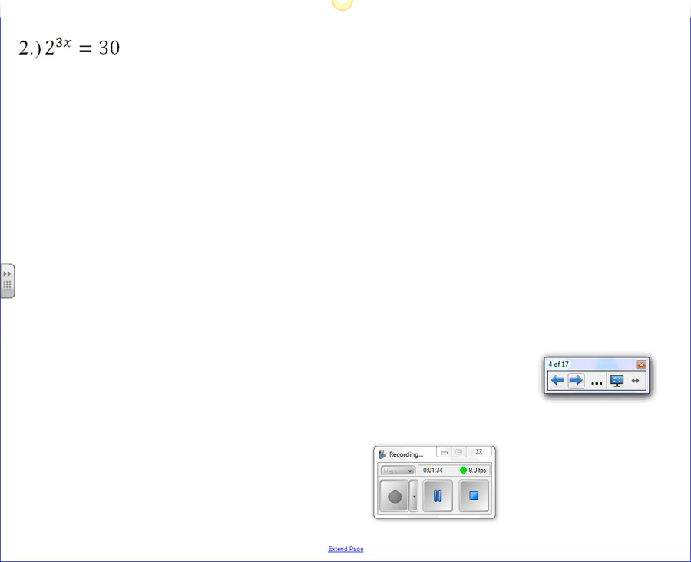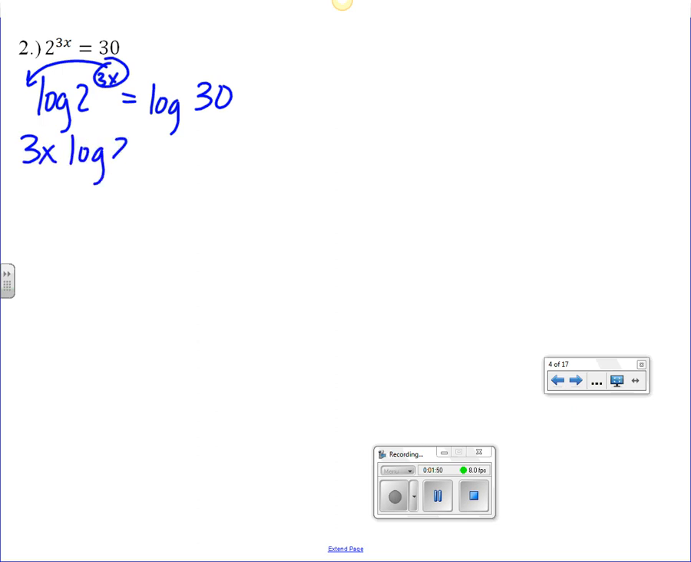All right, the next one, 2 to the 3x equals 30. Well, where is x? x is in the exponent, so you take the log. So you log both sides. When you do that, the exponent can go in front. So 3x log 2 equals log 30. All right, I want to get x by itself, so the next thing you move is log 2, divide by log 2. So you get 3x equals,